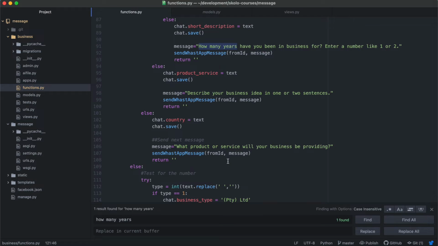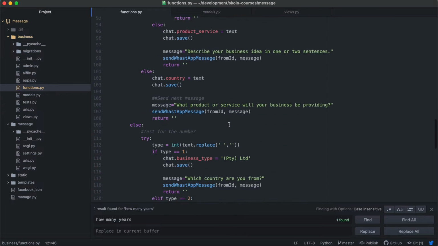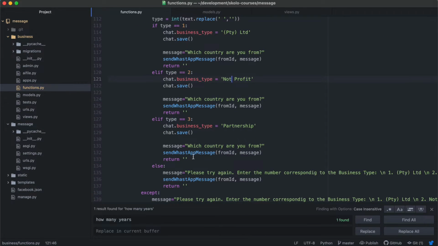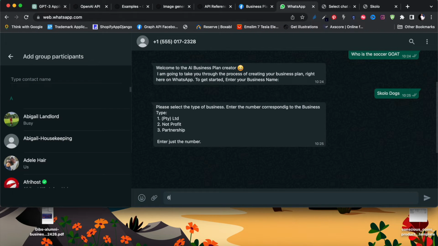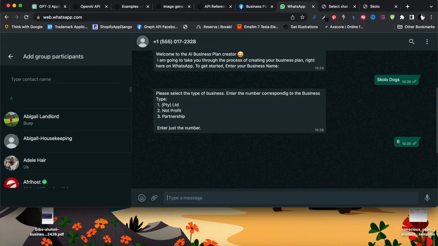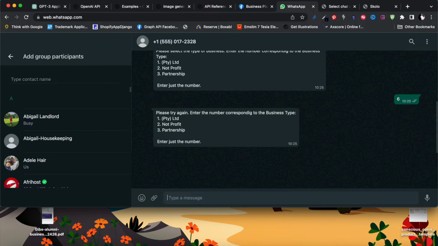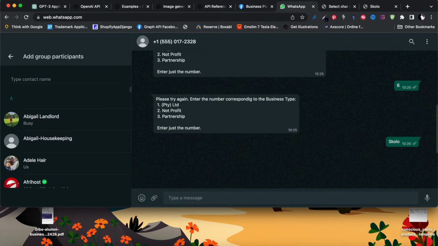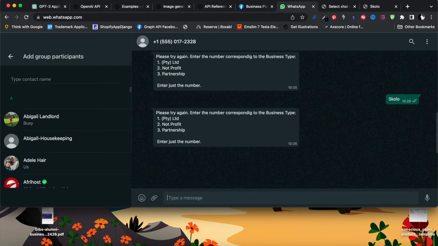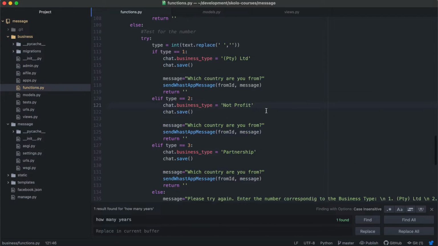All right, if I enter the number 6, it shouldn't fit into this 1, 2, or 3. It should ask me again, please enter the number again. So let's enter 6 and see. Please try again. Okay, let's not enter a number, let's enter Skolo. It should again ask me the same question, because